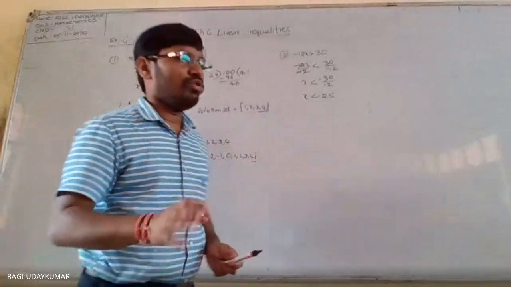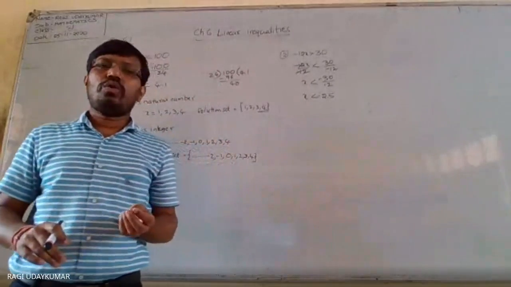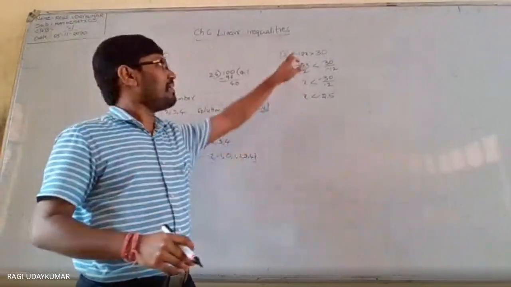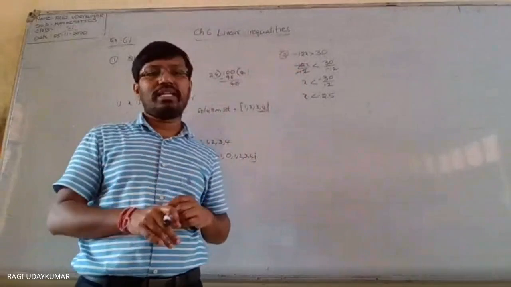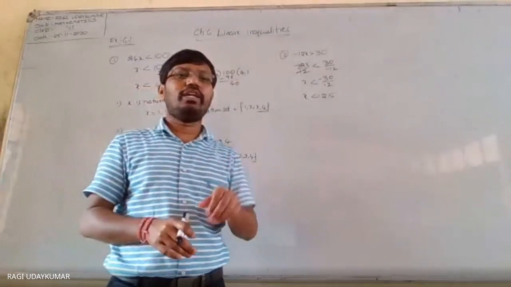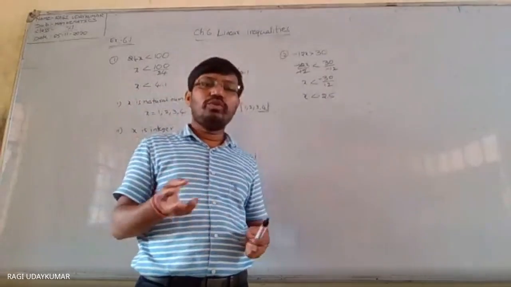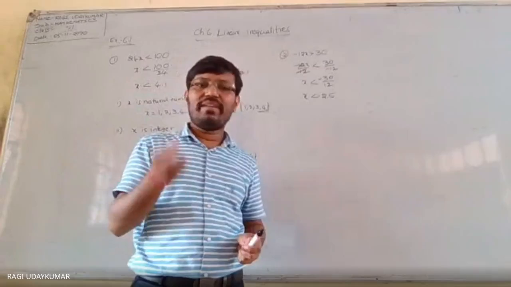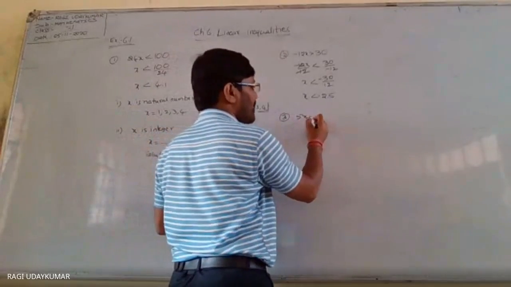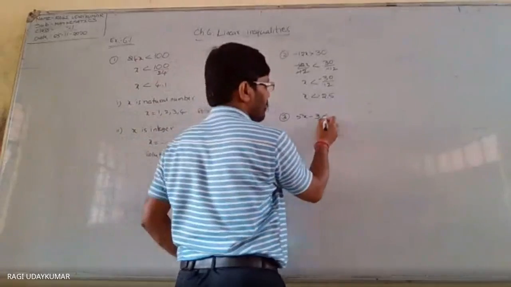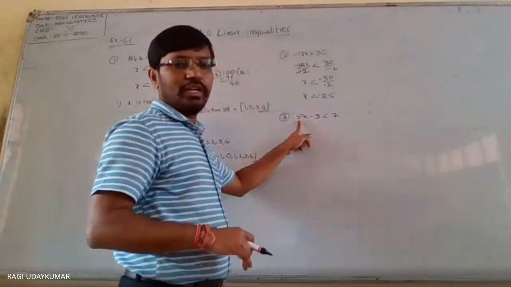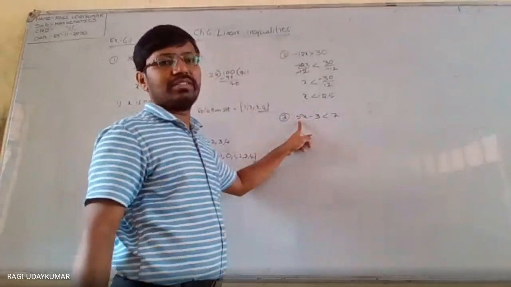So now here, do remember, I think you are asking why we multiply or divide by a negative number. Here we want x. The x coefficient is a negative number, so you need x only. That's why you have to divide. Suppose you take the third problem, 5x minus 3 less than 7. Here what you have to do? The x coefficient is not negative, so the inequality sign does not change.